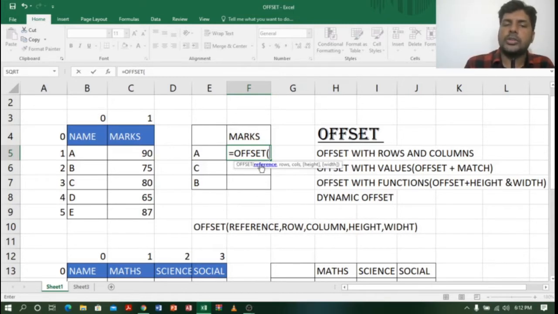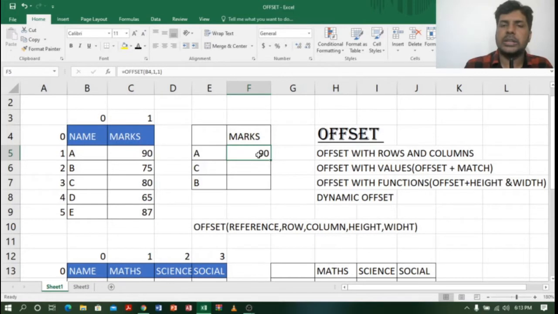I will take B4 as the reference, and I will tell you why. Comma, it is asking for the row. A is in the first row, so I'll take 1, comma, now it is asking for the column. I want marks, which are in the first column, so I'll type 1, close bracket, enter.